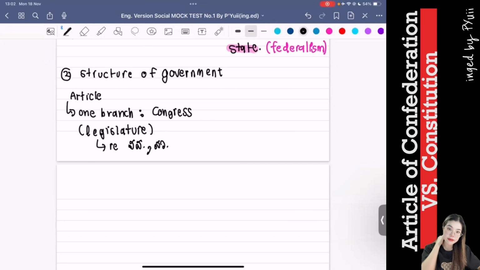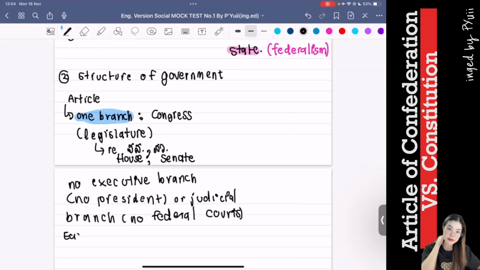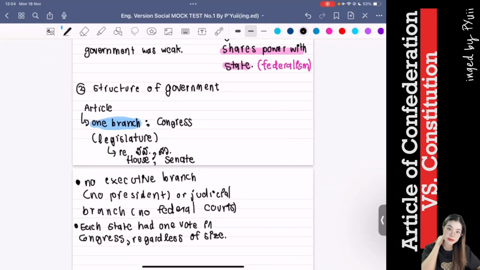อันนี้คือหน้าที่ของ Congress แบบคร่าวๆ นะ ถ้าเป็น สส in English we call it a representative of the House, แต่ถ้าเป็น สว we call it the Senate. There's only one branch, no executive branch ฝั่งของ president, which means there's no president, and no judicial branch, คือฝั่งของศาล หรือเราเรียกว่า federal court ก็คือศาลส่วนกลาง. Each state had one vote in Congress regardless of size. ในข้อเท็จจริง ถ้ารัฐนั้นมีคนจำนวนมาก ก็ควรมีเสียงมากกว่ารัฐที่มีคนน้อย ถูกไหม แต่มันกลายเป็นว่า every